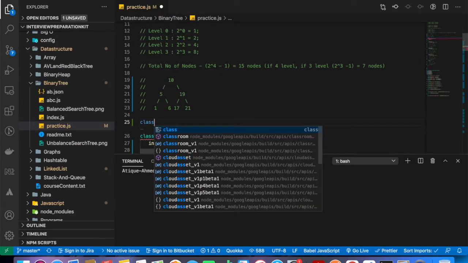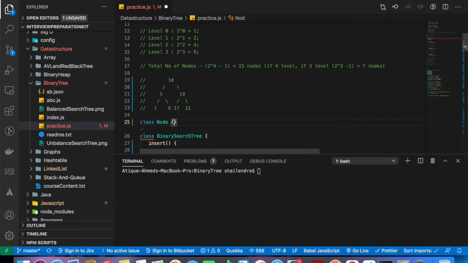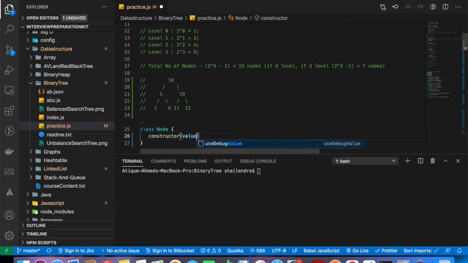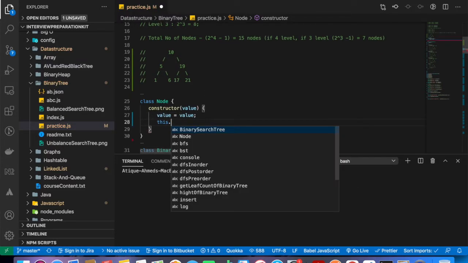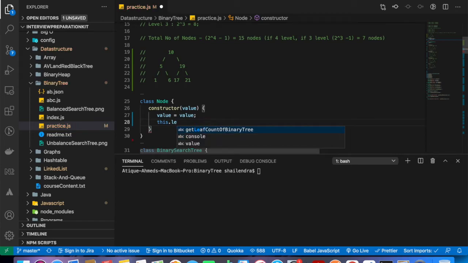The class name I'm going to call Node, and I'm going to say constructor, which takes a value, and I can say this dot value is equal to value, and this dot left is equal to null, and this dot right is equal to null.